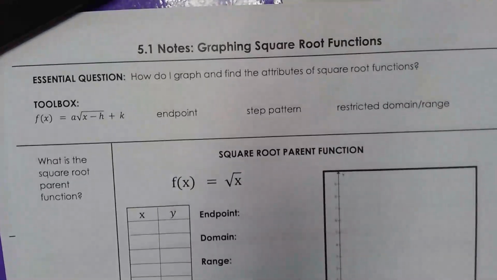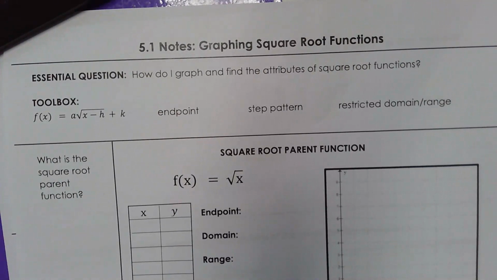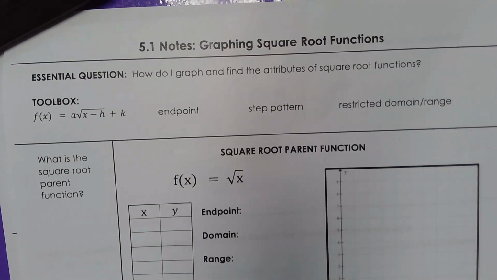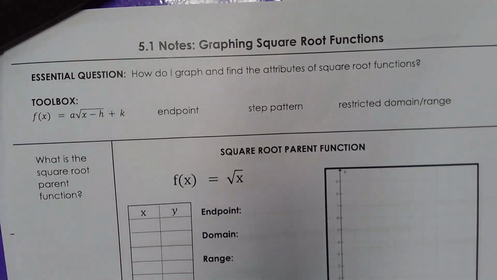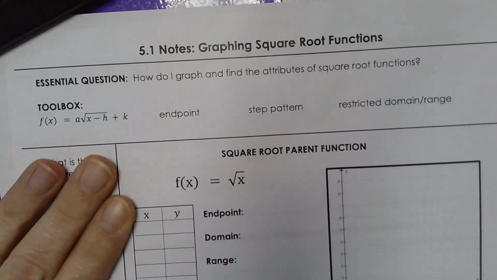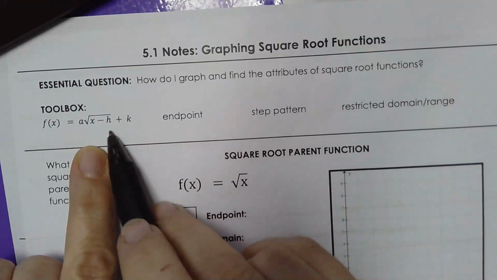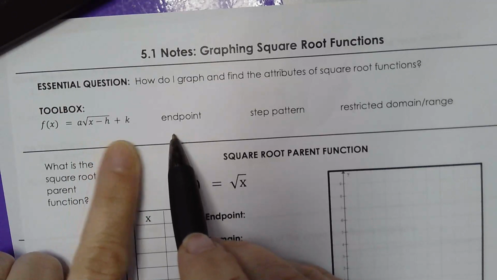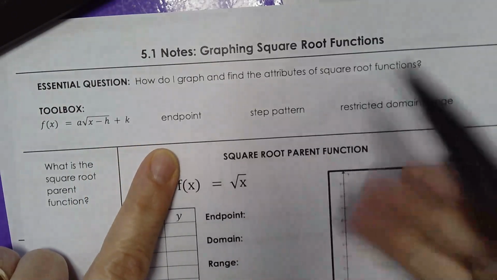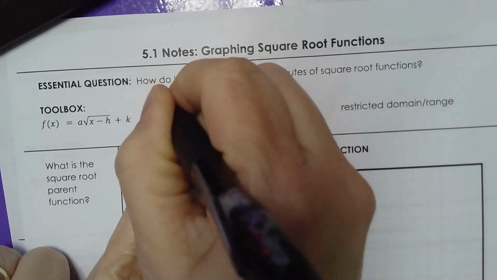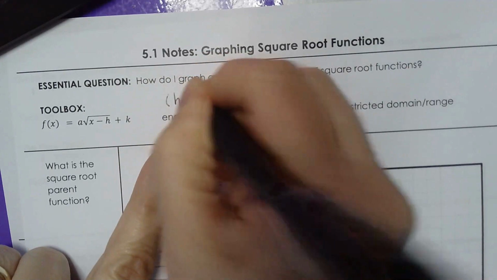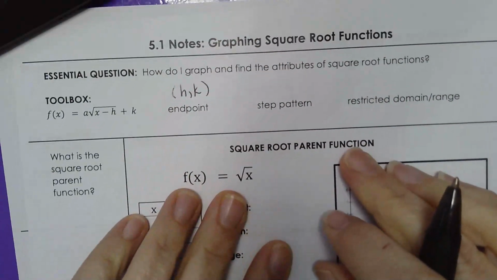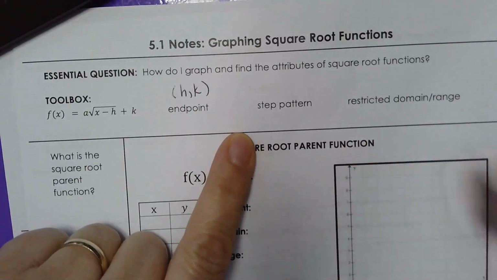When you start working on notes for this lesson, graphing square root functions and transformations, you need to know that (h, k), which is always an important point in the transformation formula, is called an endpoint. Also, you can use a step pattern if you like to,